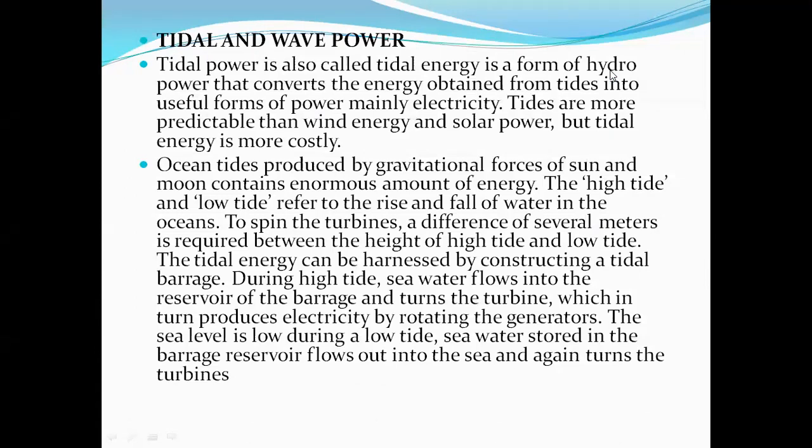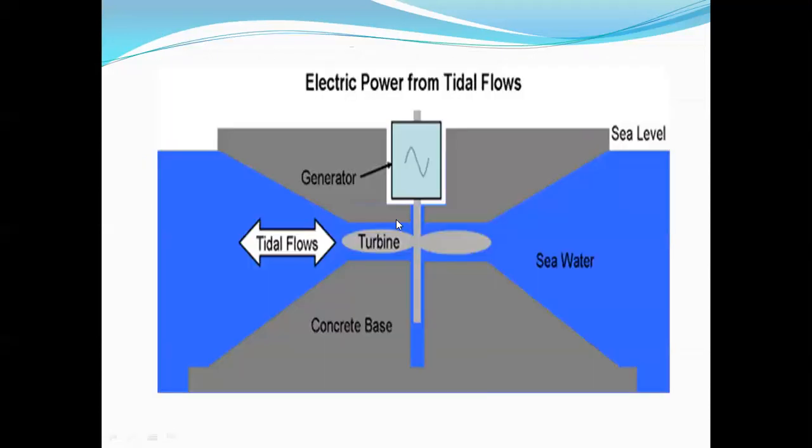Let me see the next classification, which is known as tidal wave power. I will tell you what tidal wave power is. It is nothing but taking the seawater. What is the difference between seawater and river water? The only difference is that river water is always stable, but seawater is always unstable. The seawater contains high pressure as well as low pressure.